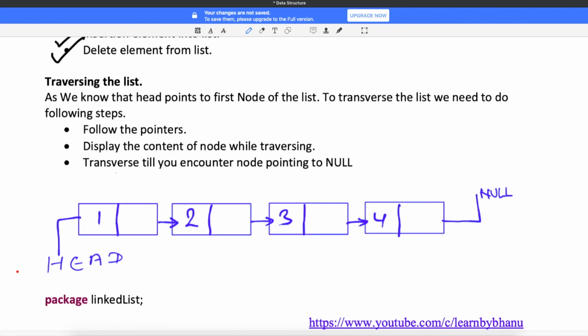Head will always point to the first node. So first you start with the head node, and then you do head.getNext(). Again head.getNext() will give you the second node. On this, when you do getNext, it will give you the third node. On this, getNext will give you the fourth node.